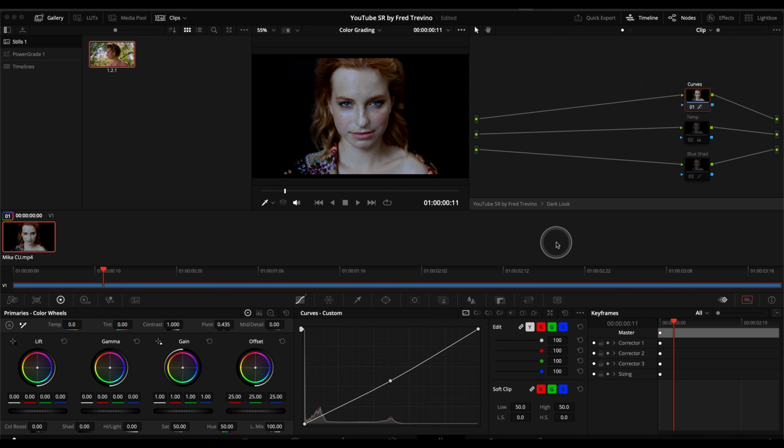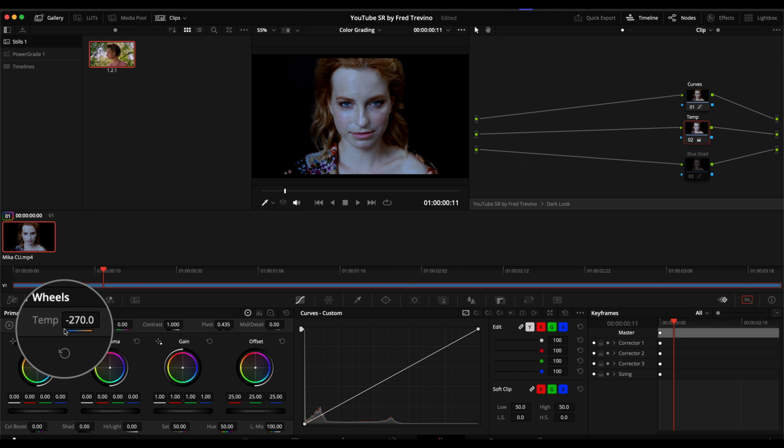Okay, and then again, I went down to temperature and cooled it off, just so it has a darker, moodier look. And that was as simple as bringing down the temperature, adding a little bit of blue to it, cooling it down. And then I went into the curves again and I wanted to add blue just to the blacks, the shadows, the very dark spots here. And so I went into the curves again. I actually unlinked that, turned on just the blues. And if I expand this,